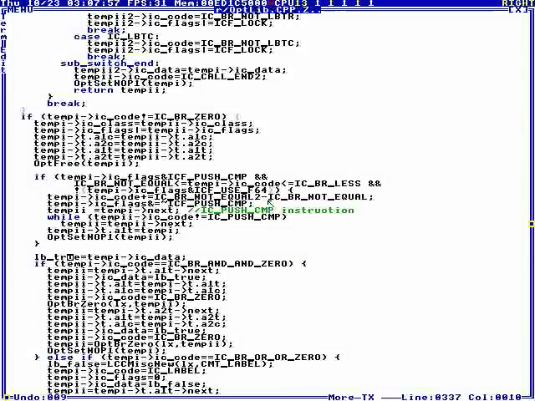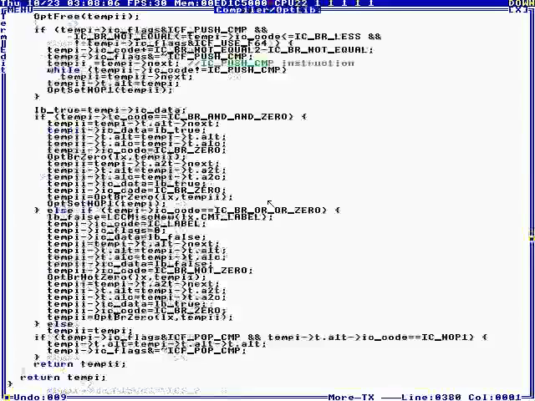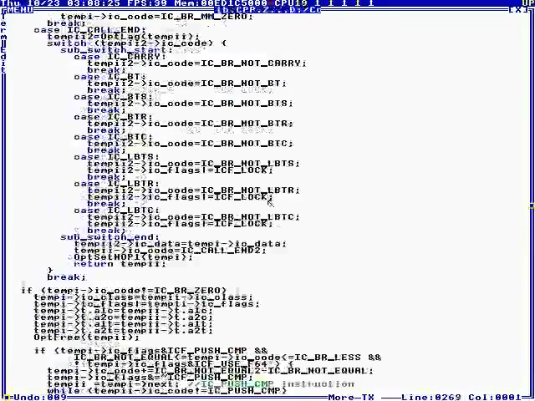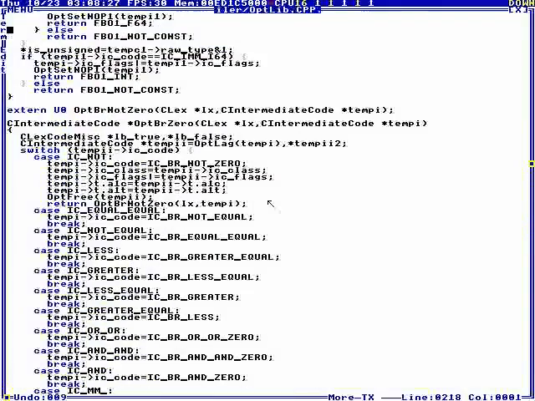We can. Okay, and this does short circuit logic. So in order to do short circuit logic, if the, I forgot. Anyway, this does short circuit logic, and then the other interesting point is if it's a not, then